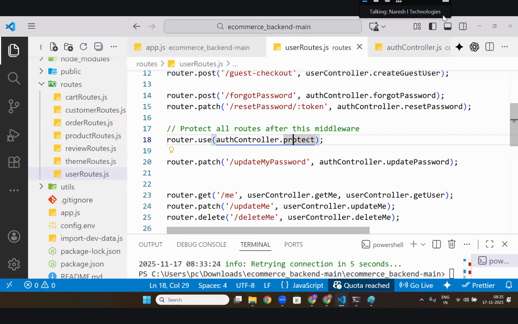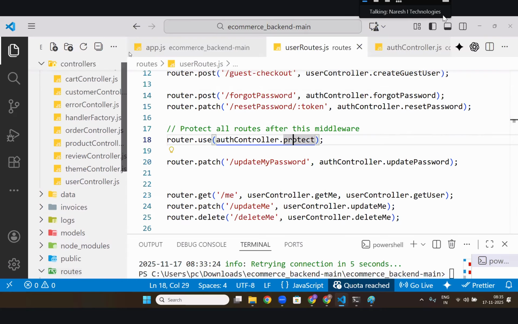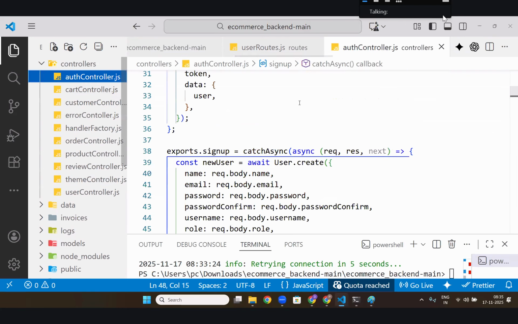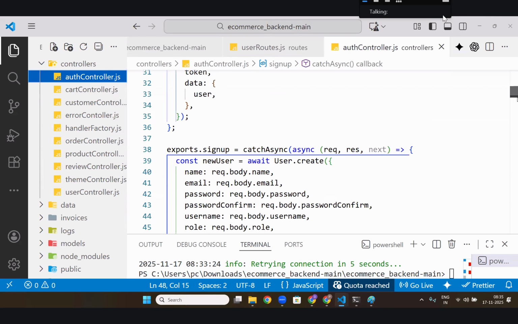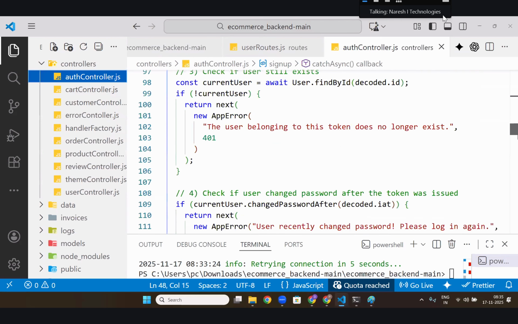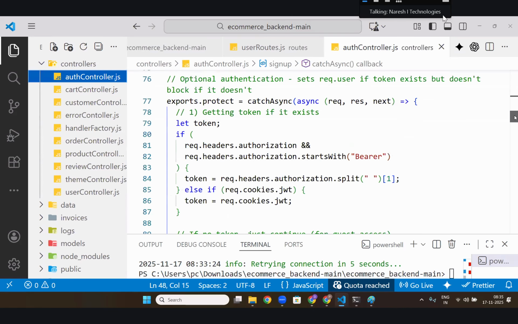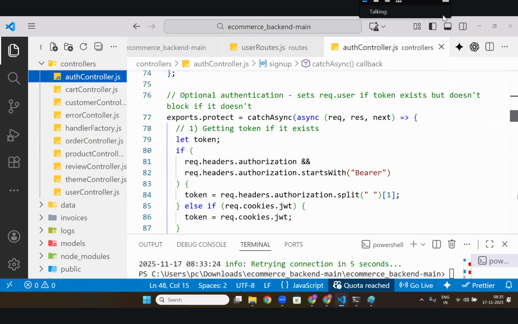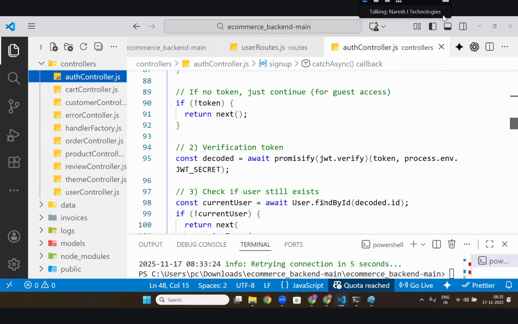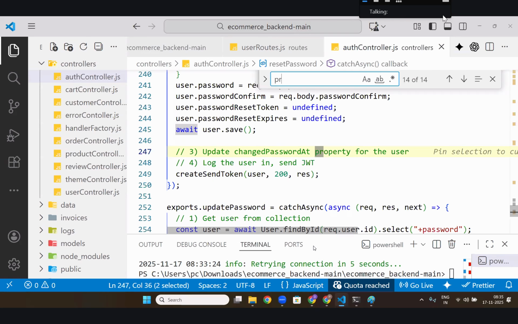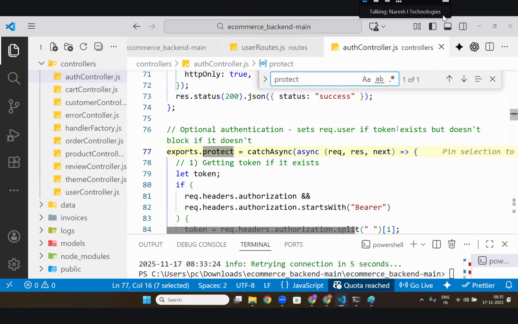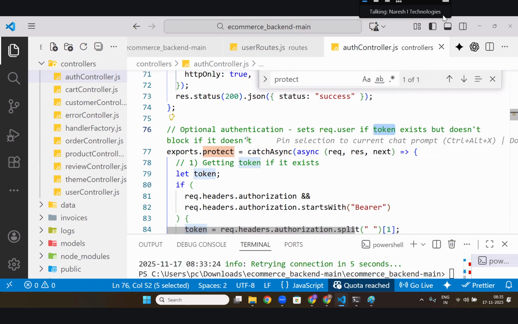Okay, so I will go to the first protect. In this particular auth controller, it will check that protect one first. Protect: if a token exists and all, but if the token is not there also, it will not stop.